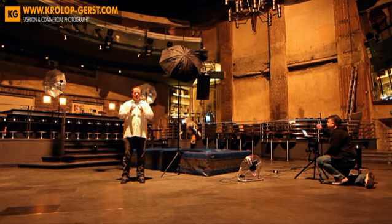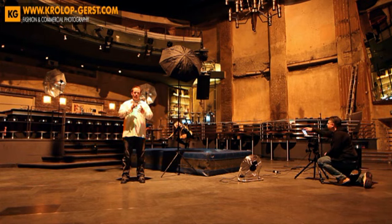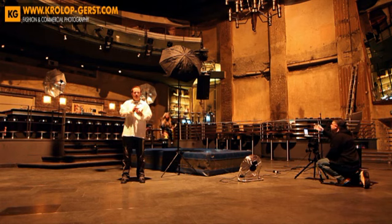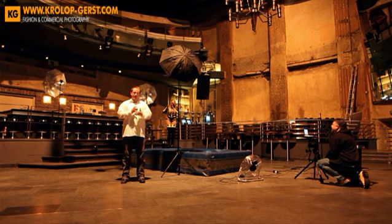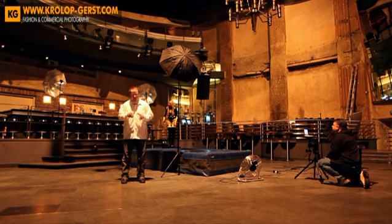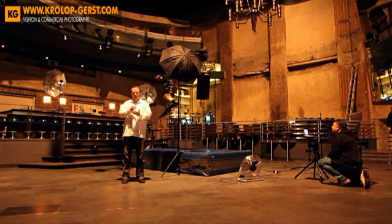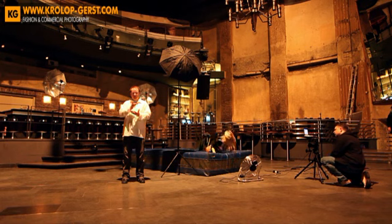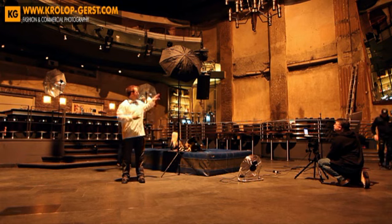Normally you know the ETTL system, the remote flash system, with a master flash, a strobe head on top of the camera, controlling all the other flashes. What we did is we wanted to save one flash, and I have to explain it the other way. Normally you use one flash to control the other flashes, but that flash on top of the camera doesn't actually light up the scene, it just controls. So you are wasting one flash head on the camera just to control the other flashes, and that is a waste of one flash, so we used a long cable